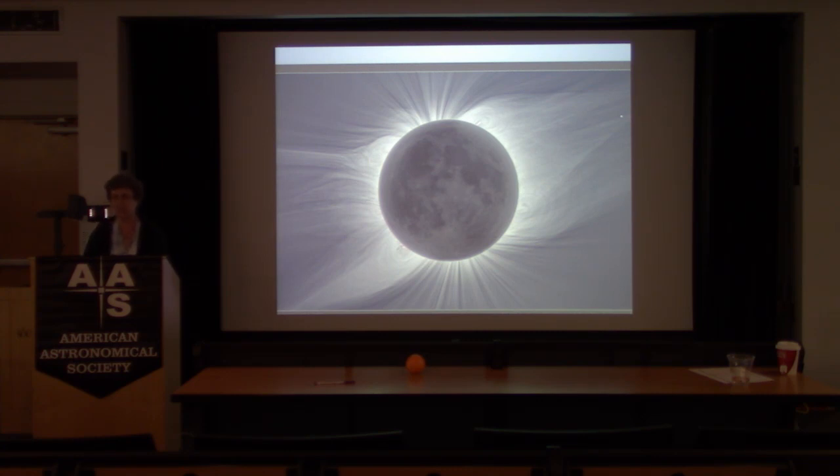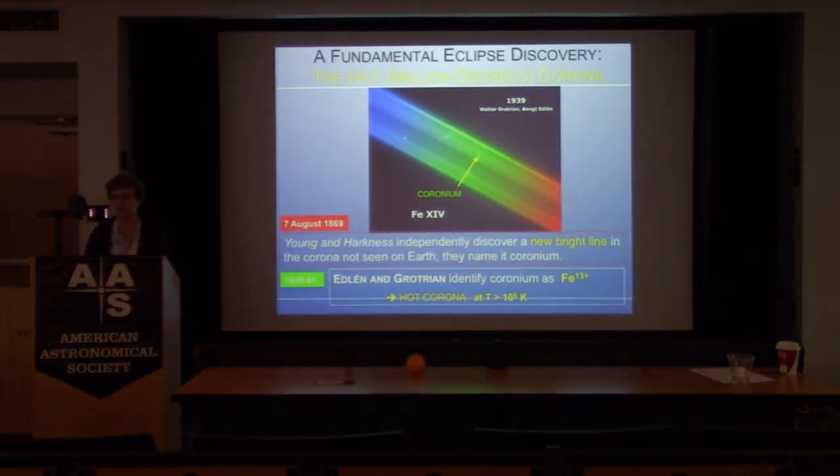it has been processed by Miloslav Druckmiller. And this is what most of you are used to, what we call a white light picture. But beyond this picture, there's far more information than just what this picture is giving, although it carries a lot of information. So just to remind you, a fundamental bright line in the corona that was not seen on Earth,